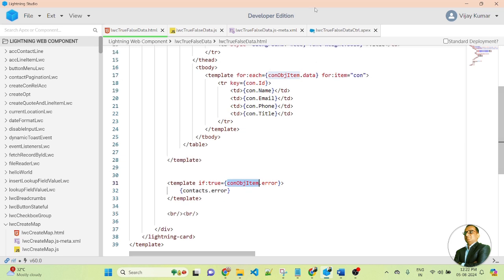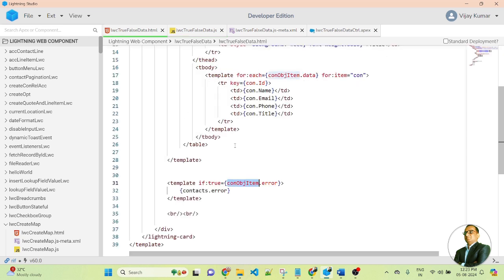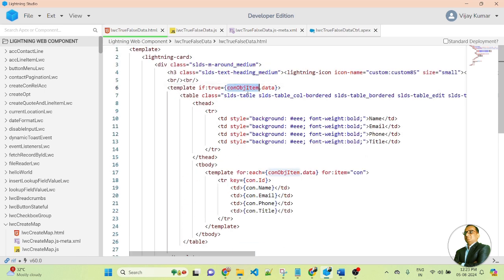So friends, now let me jump to my component JavaScript. Here you can see in the import statement, first I am importing the Apex class controller and method. Here you can see this is the controller name, this is the name of the method. So in the export class, I am using the @wire decorator. In the @wire bracket, this is the name of the imported method. And after the bracket, here I pass the adapter. So this adapter I am calling to the LWC component here.